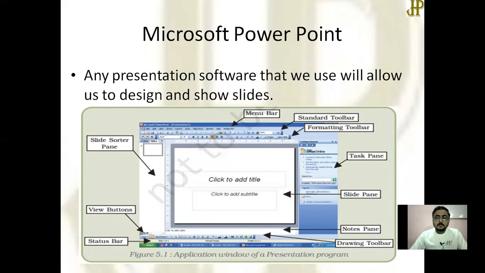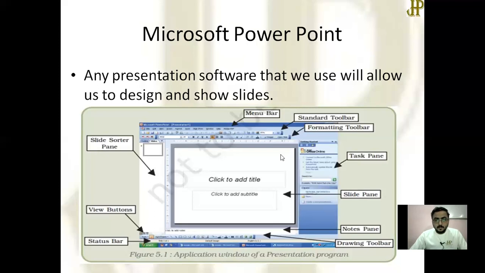The major concern is on the left-hand side, where you can see a slide sorter pane where all the slides you have created are seen one after another.